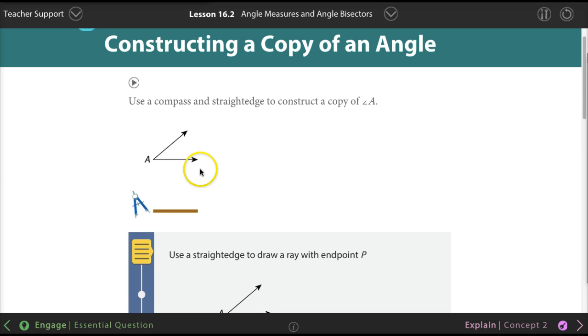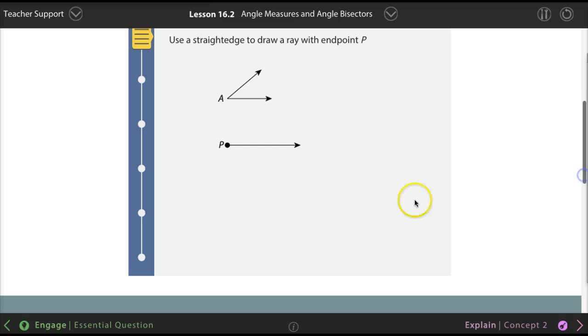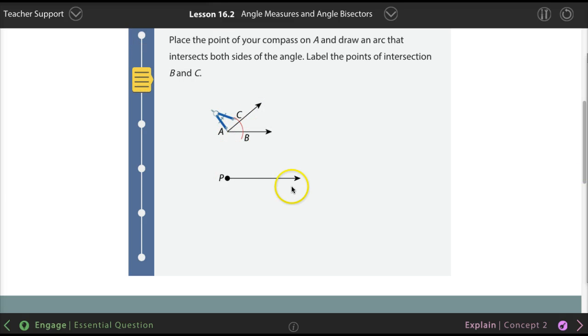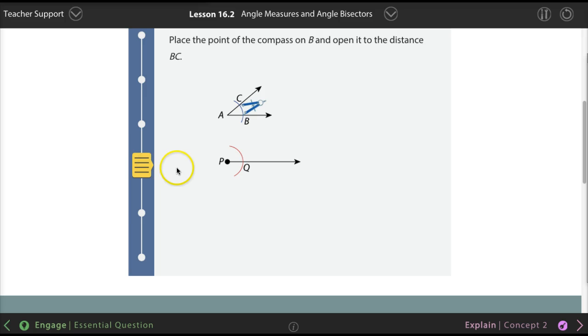You know how yesterday in class we copied a segment? Tomorrow when you come to class, we're going to copy an angle. So follow the directions, okay? You have this angle and then you gotta draw a ray and then you use the compass, right? And then you do the same thing over here, draw an arc. And then you put your pointy part here and then open it up so the pencil part has to touch